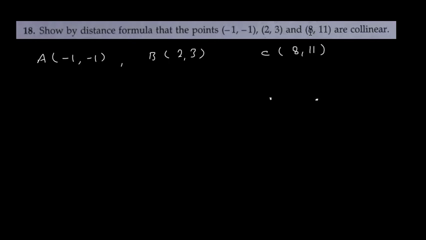So when the points are collinear, now I don't know which point is A, B or C, but you know that if they are collinear, then the sum of this side plus this side, I don't know whether it is AB and this is BC. But if it is AB and this is BC, then AB plus BC I will get AC. So use the distance formula, find the 3 lengths and check if the sum of 2 lengths is equal to the third length. If it is true, then you will say that these 3 points are collinear.